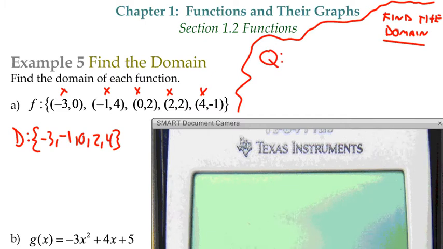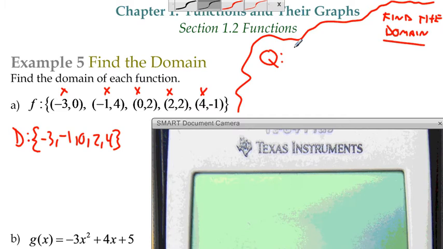And this is going to help you out tremendously. If you can understand what I'm about to teach you right now, finding the domain of any function is going to be much simpler. So here's the question that you have to keep in mind when it says to find the domain,